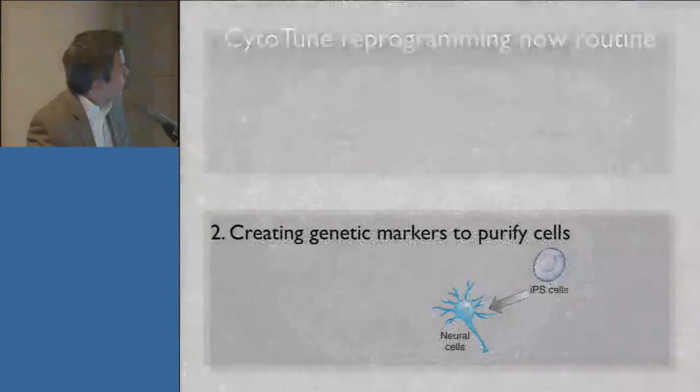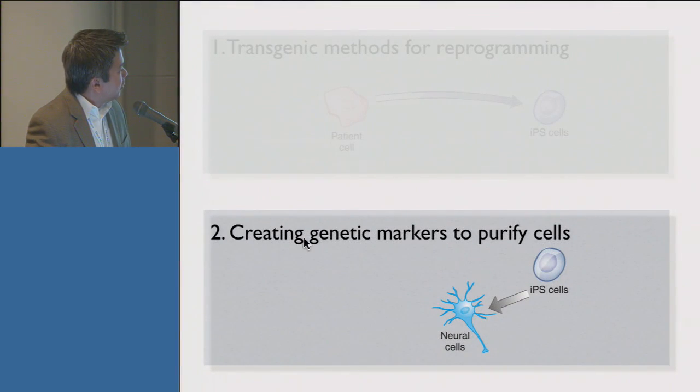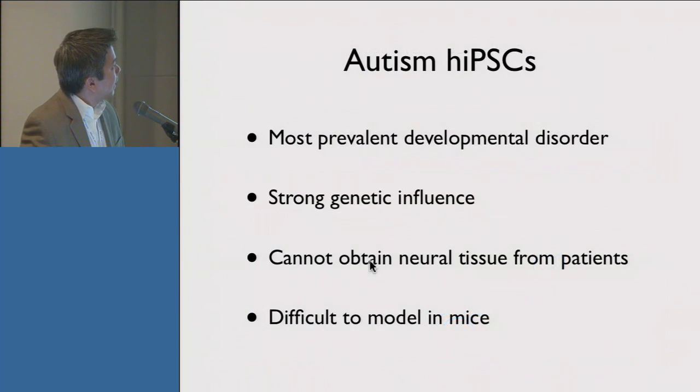And so now I'm going to talk about trying to create genetic markers to purify cells, because once we've made those iPS cells, we need to try to study them by doing directed differentiation. And we want to get clean populations out at the other end, such as neural cells here. And so to be able to illustrate this, I want to turn to one of the projects that's going on